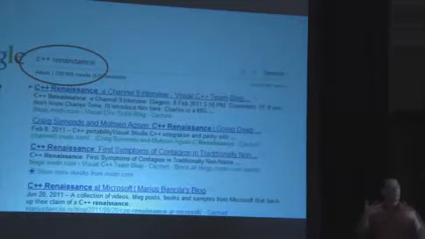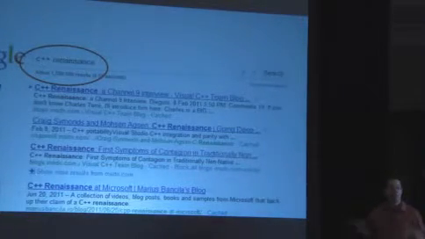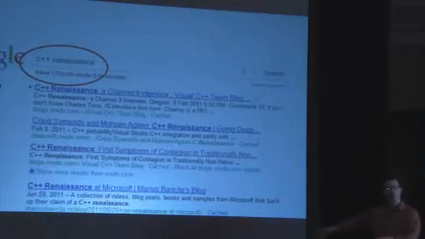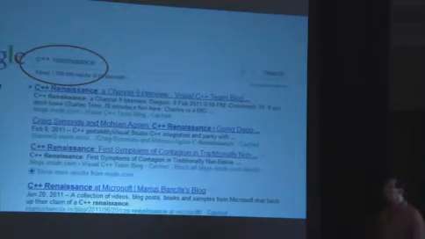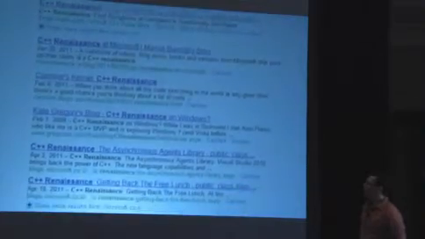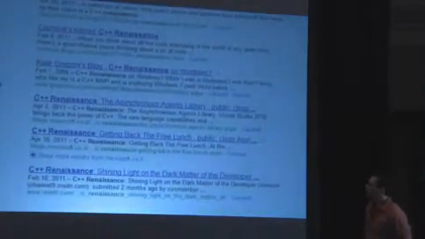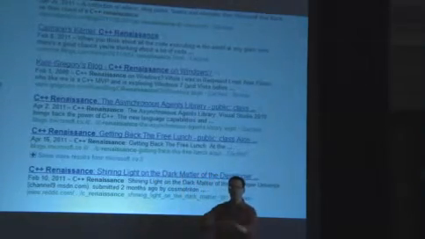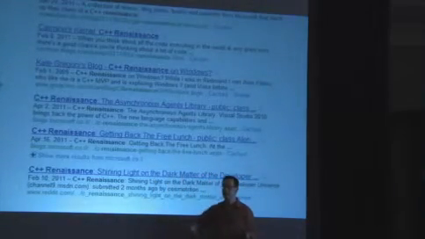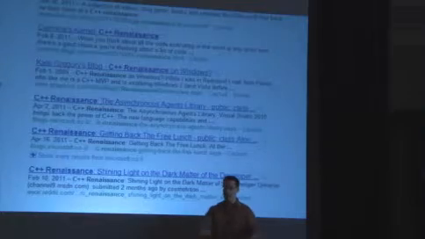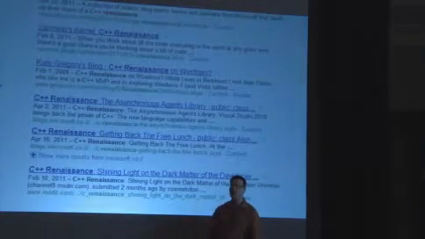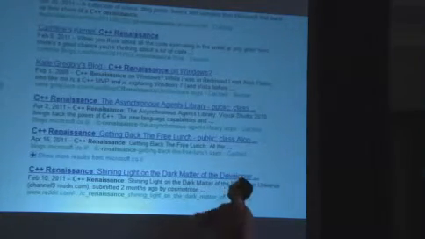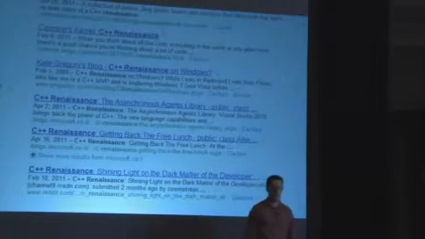So getting the word out there that, you know, C++ matters, we get it. So do Java and C#. But C++ really does matter as a first-class system. And when you take a look at all of those things, and keep on seeing things like shining light on the dark matter, all this dark matter in the universe we tried to pretend didn't exist, but in the meantime people were still, like us, busily writing C++ code the world was running on. We just weren't talking about it so much. We're shining light on all of that goodness again.